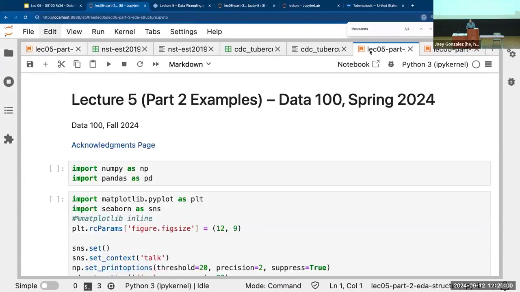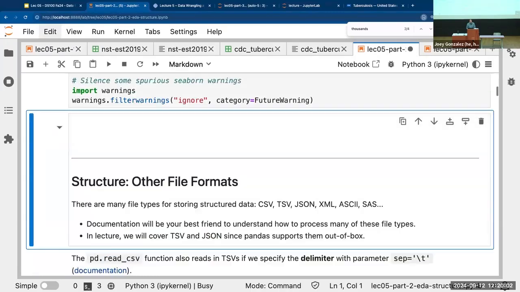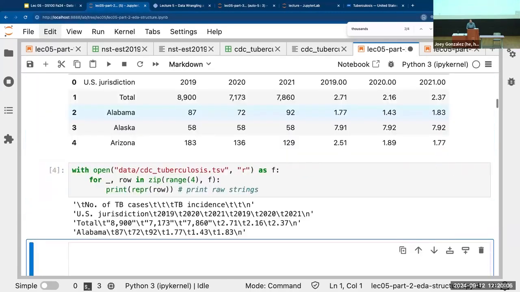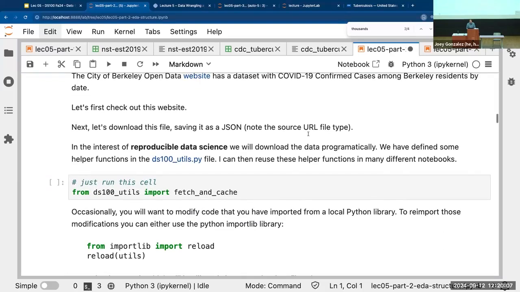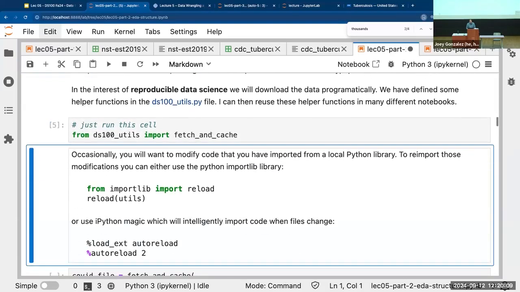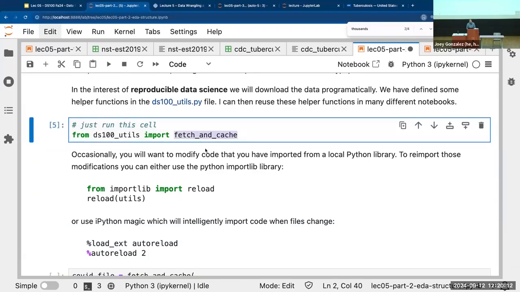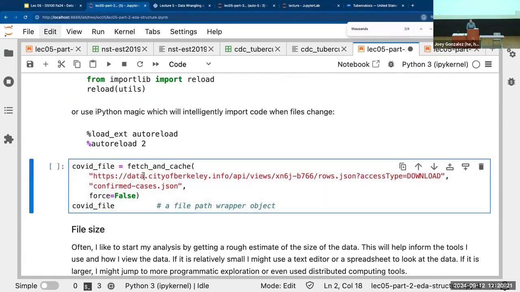This is a second lecture notebook. I'm going to spend only a little bit of time on this. Did CSV, TSV, that's kind of boring. JSON. All right, there's a util function that you'll see in a lot of these homework assignments. It's a function I actually wrote the very first time I taught this class, to fetch and download data to your computer. This will download a JSON file, the city of Berkeley's confirmed COVID cases. It fetches and downloads it so that if I run it again, I don't keep downloading it. It's very important so that the JupyterHub doesn't hit the city of Berkeley's website millions of times for each student.